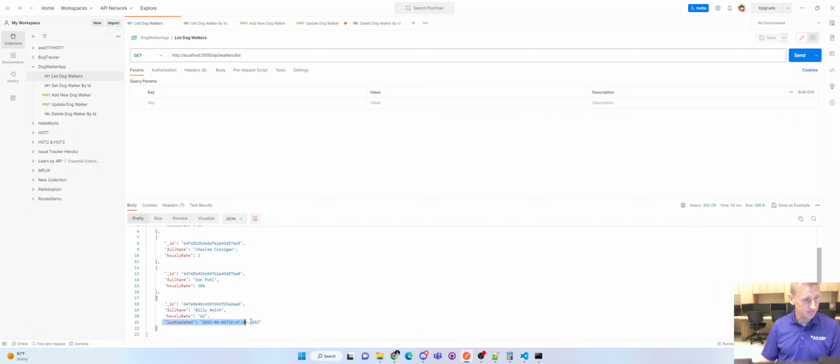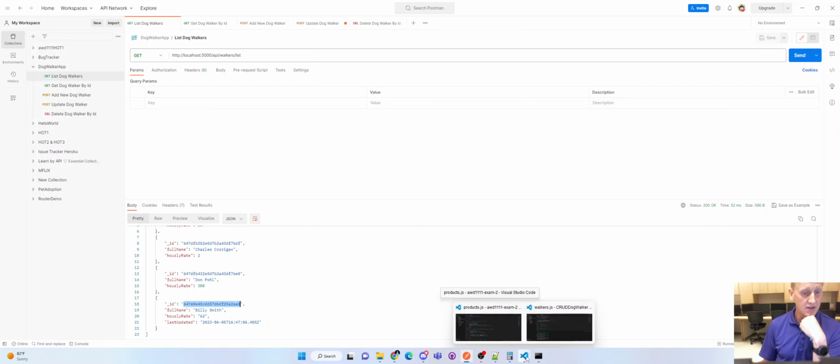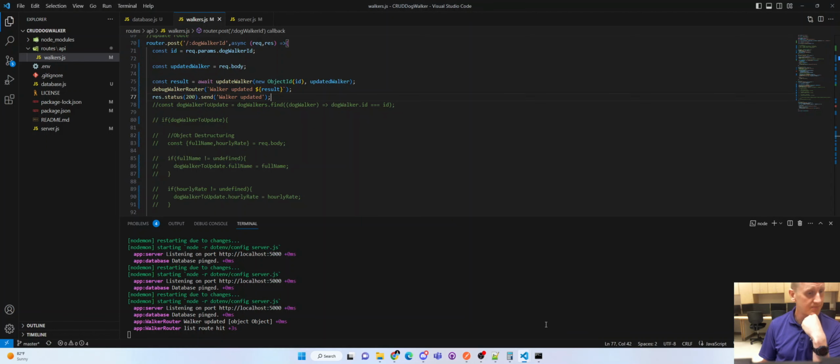This says last updated. And so you kind of put that in there, because some of the labs that we'll do require a last updated property every time you update a piece of information. Now, if you pass an ID that doesn't exist, you might put in a little error handling into this to say